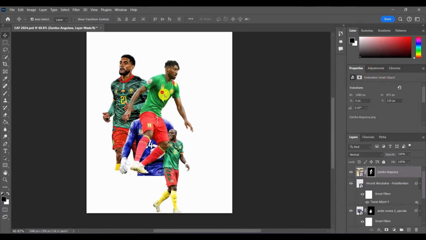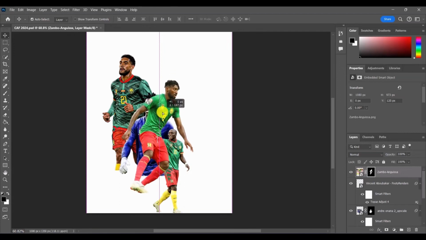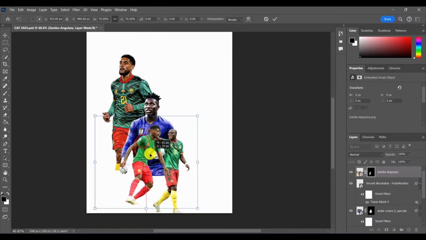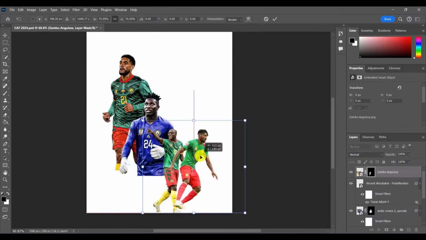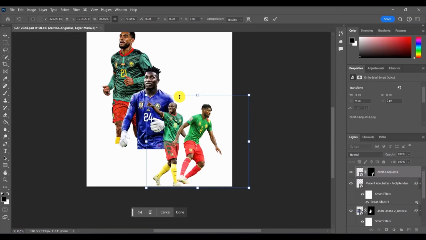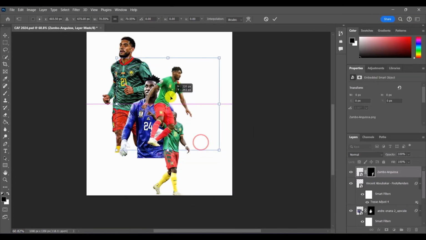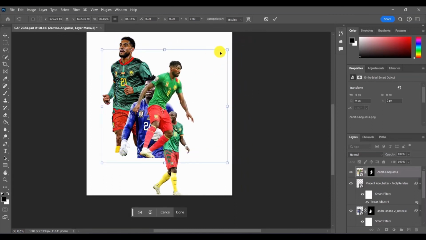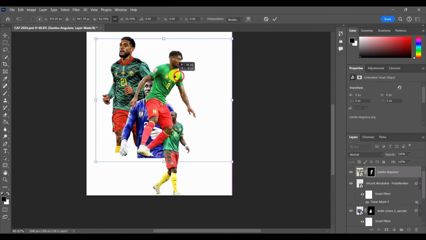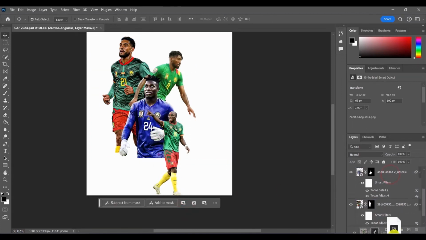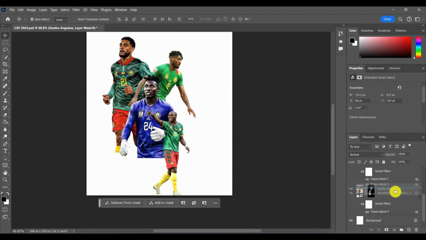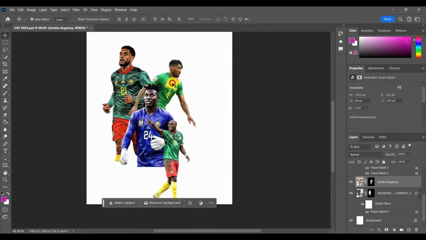Now I just need to reposition this guy right here. Control T, scale it down. Where do I put him? These guys, I'm just going to put them down here. Or should I scale him up? I think I should scale him up rather and place him behind Andre Onana as well. I'm going to take this man down, real down. Put him behind Onana. Yeah, that's cool. I'm going to go ahead and just